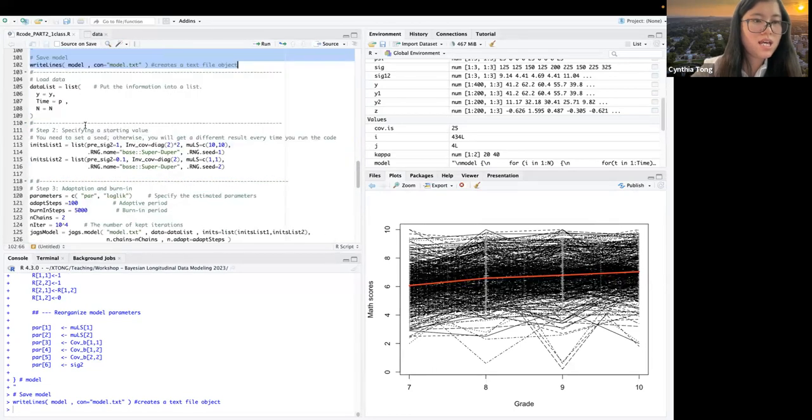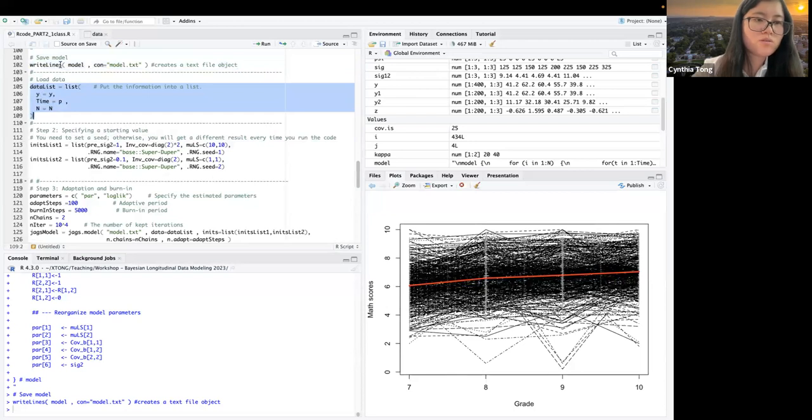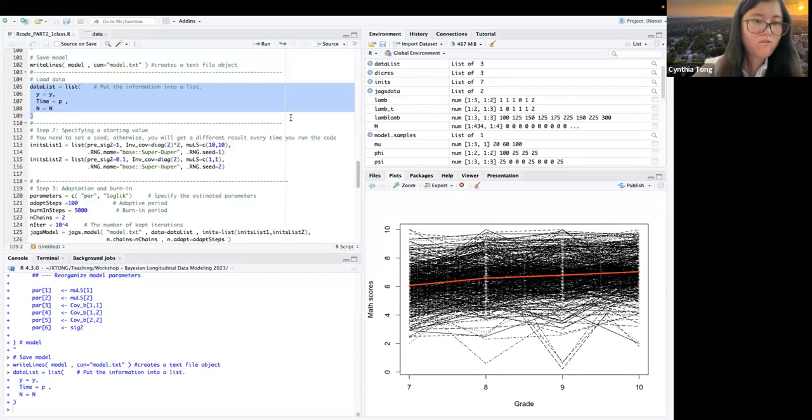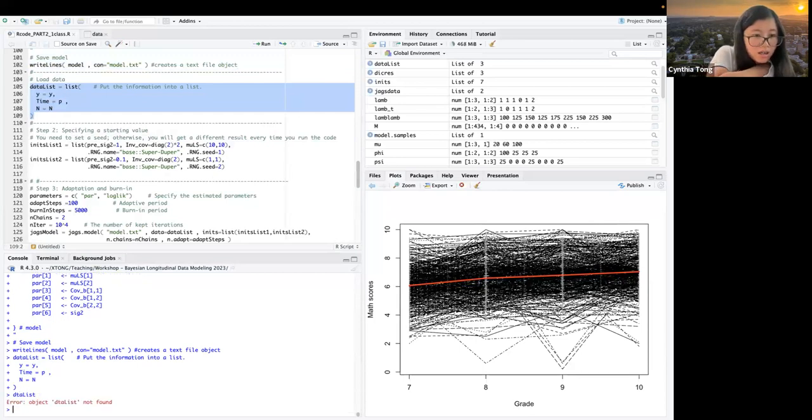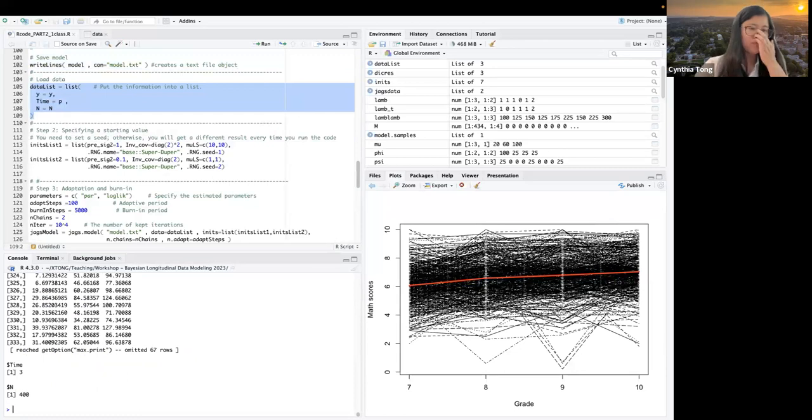All right, and then we can load our data. In this case, we have our data: y, time is 3, and n is 400. You can actually type it, data list. Oh, I missed the A here. Okay, so that's our data, and also time point is 3 and n is 400.